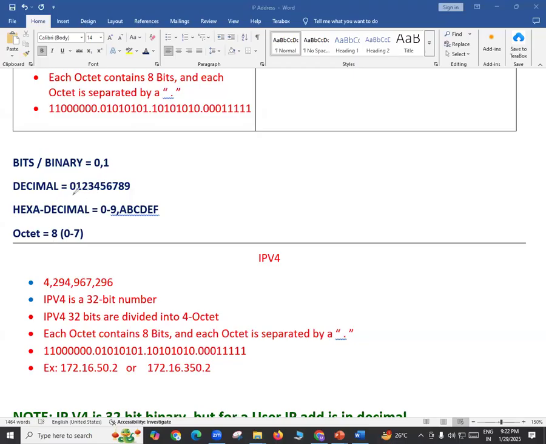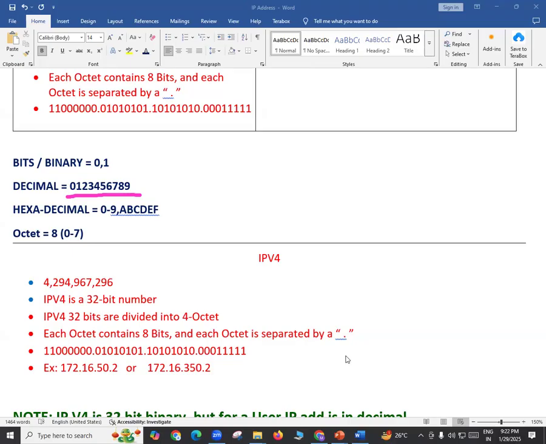Fine. And then we have something called decimal number. Decimal numbers are 0 to 9. The numbers we use here are decimal numbers. Your mobile phone number is a decimal number. My mobile phone number is a decimal number. Your date of birth is a decimal number. My date of birth is a decimal number, right? You're counting money, you say $30,000, that is in decimal. I am saying 50 lakh Indian rupees, that is a decimal number. Got it? So decimal numbers are 0 to 9.